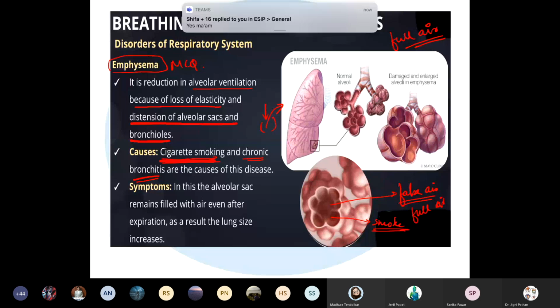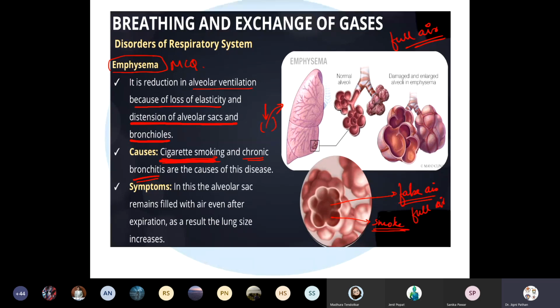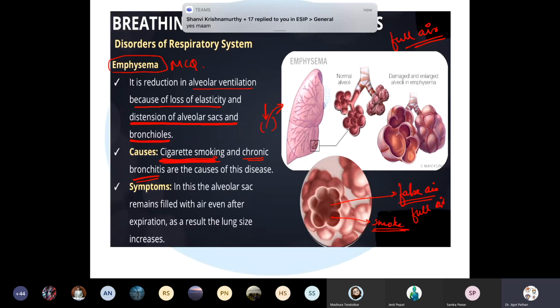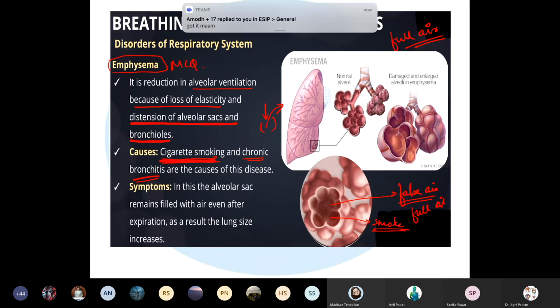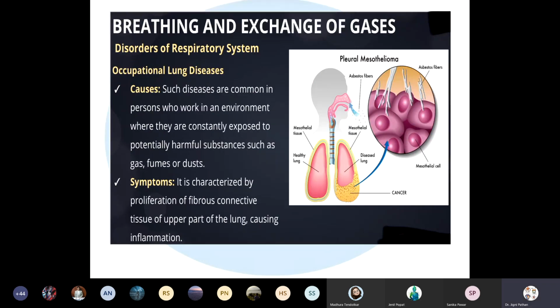Are you getting the point? See, the person will not feel suffocated initially, but later will not be able to breathe well. You have seen the smoke. Why do people say to stop cigarette smoking? The respiratory system doesn't work as healthily as it works in a healthy person. Is it clear? Okay, next. I'm moving to the next slide.